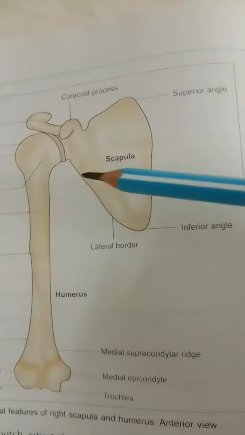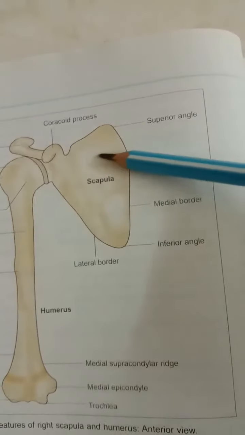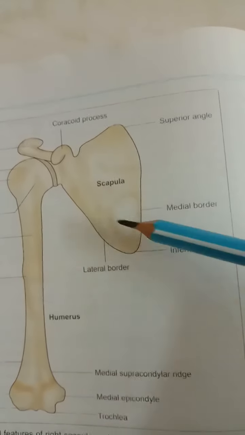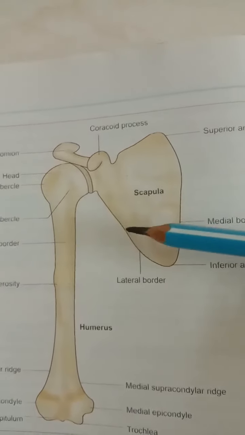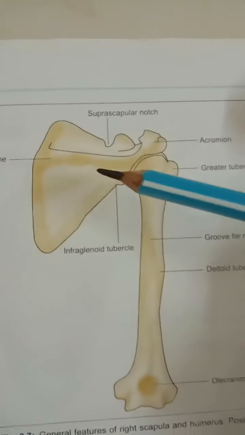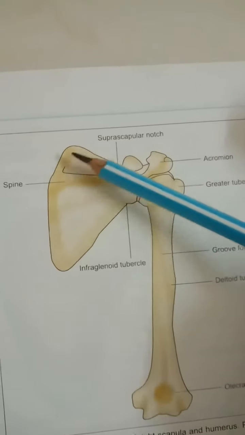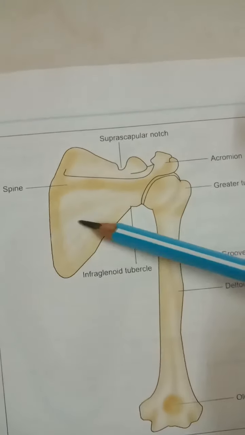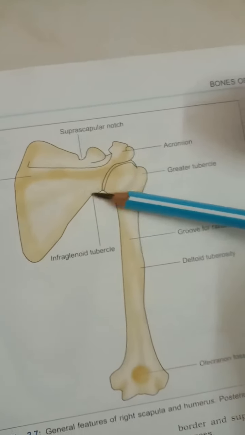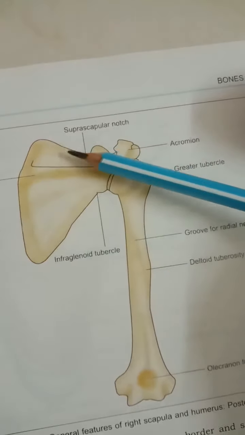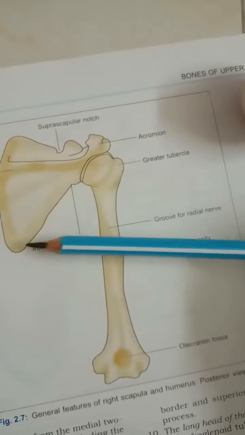Then the anterior surface, or the subscapular fossa. So this one is concave and directed forwards. Then the dorsal surface, which you can see here in this diagram, is convex and divided into two fossae, the supraspinatus and the infraspinatus fossa, by the presence of the spine or spinous process of the scapula. And this dorsal surface is convex and directed on the posterior side.